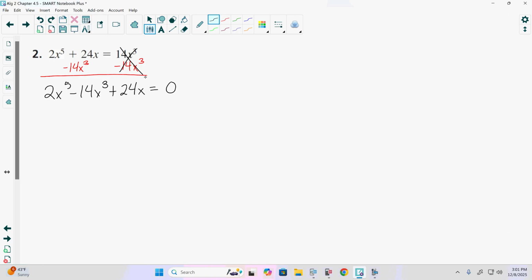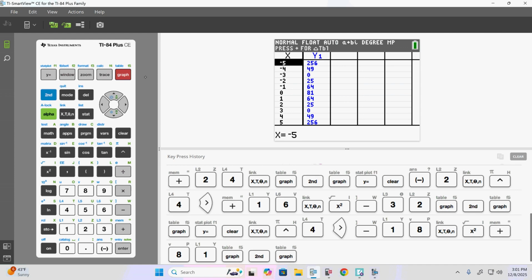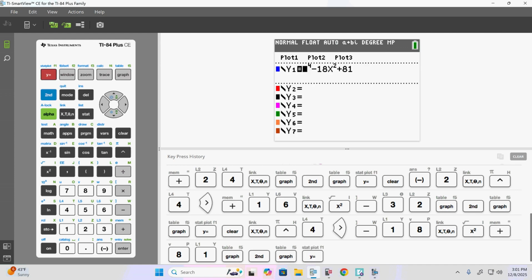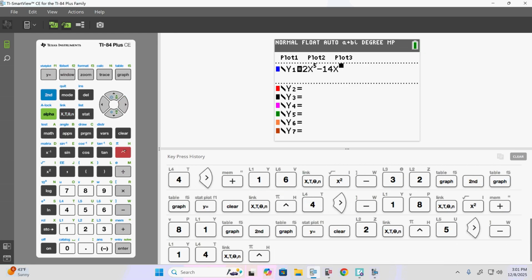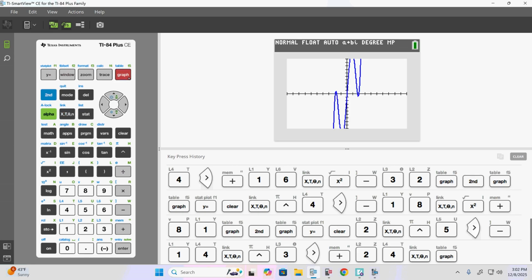And once we get it equal to 0, our default, and what we'll probably do for the rest of this chapter, and it's a great way to do it, is utilize this graphing calculator, hit y equals, and let's type it in, let's graph it. 2x to the fifth minus 14x cubed plus 24x. We want to type this in and graph it. So we have this here. We see where it crosses the x-axis, yes? Negative 2, 2, and